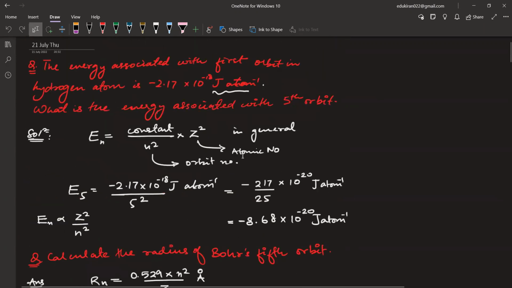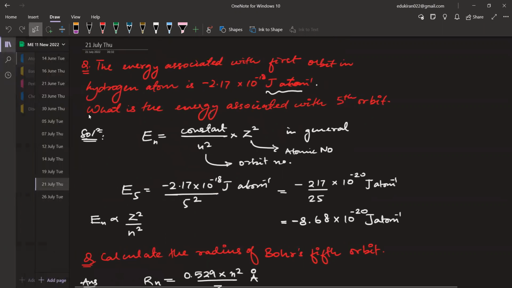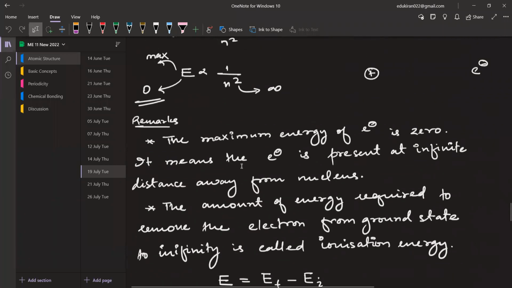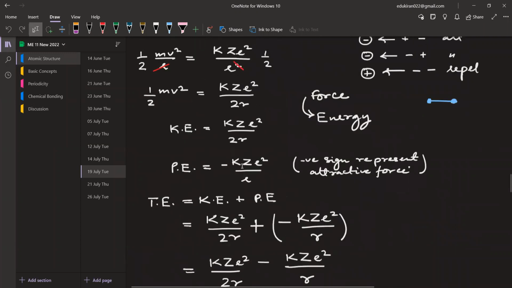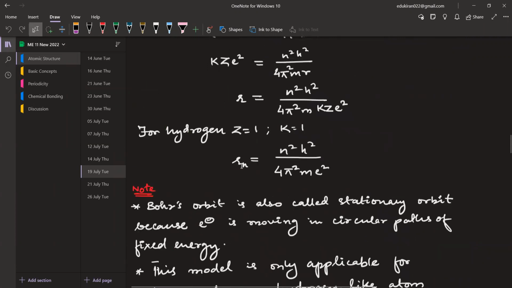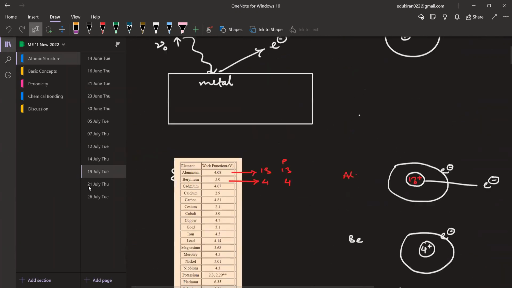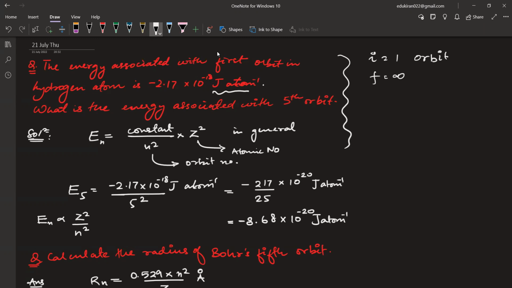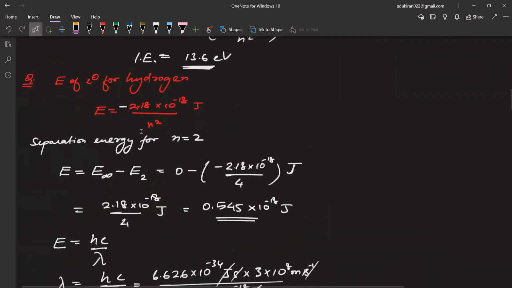Actually, you need to have this. देखिए बात है इसमें, like what they are trying to give you and what they are trying to ask here. ionization energy उन्होंने दिया हुआ है, that means your initial is equal to first orbit and final is going to be infinity, ठीक है, final is going to be infinity. Where I have given you guys for ionization energy, इस तरह का सवाल एक होगा कहीं पे।